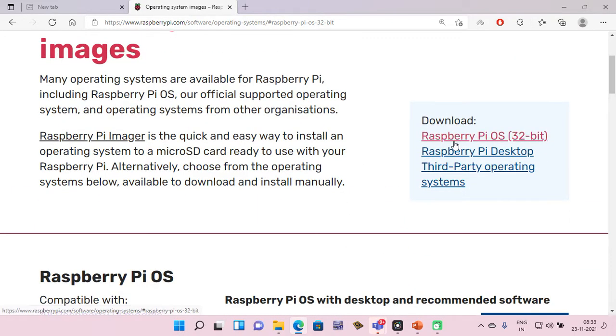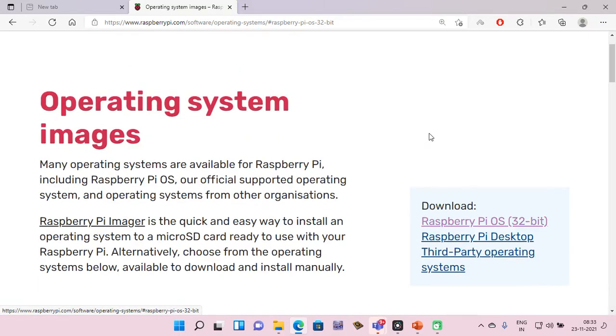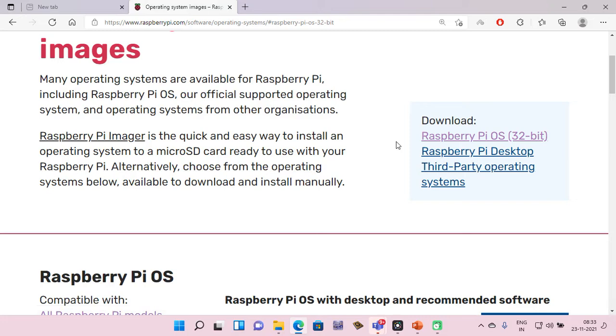That means if you want to emulate Raspberry Pi on your computer without a Raspberry Pi. Suppose you don't have the Raspberry Pi, but you are very interested to know how to work with it, then this is the best choice. This is the Raspberry Pi operating system image that you can install on your desktop computer or laptop computer. You don't need the Raspberry Pi hardware to learn Raspberry Pi and to work with it. To get expert on Raspberry Pi, you can just directly download this